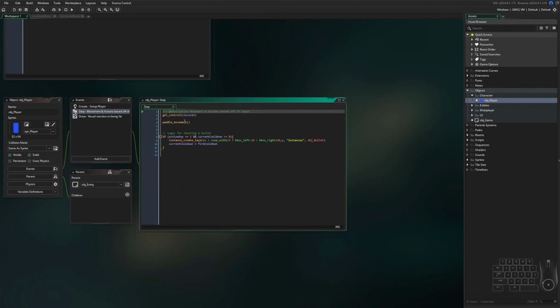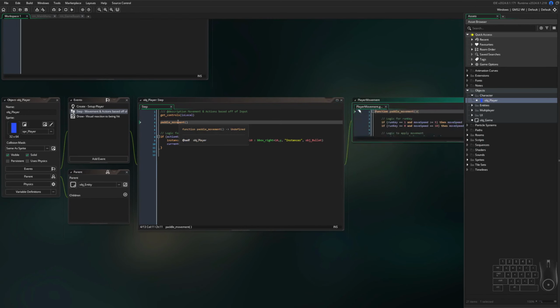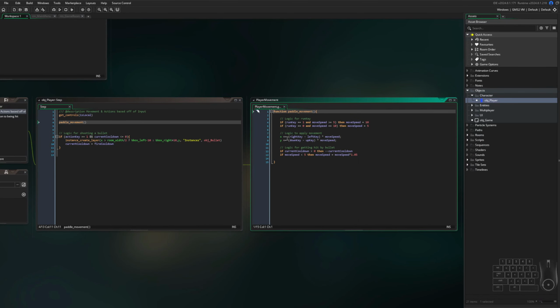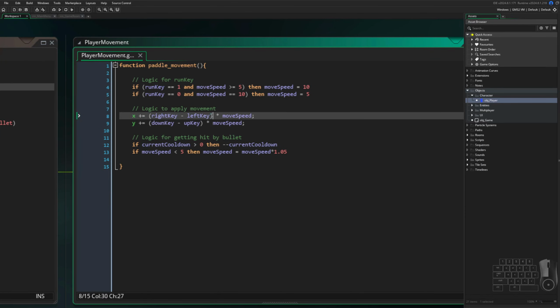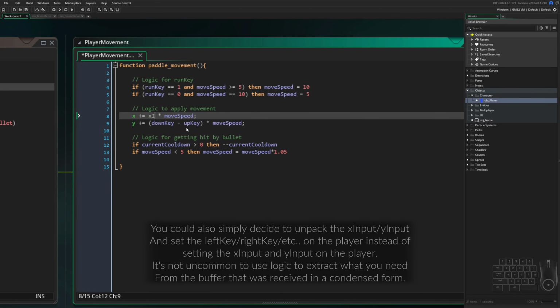So normally our step, the paddle movement, is based off of X being the result of right key and left key. For simplicity, we wanted to condense the packet down to just a single variable, either -1, 0, or 1. And so we did this calculation already before sending the packet over. So we're actually going to replace this logic in our player movement script. We're going to replace that with xInput